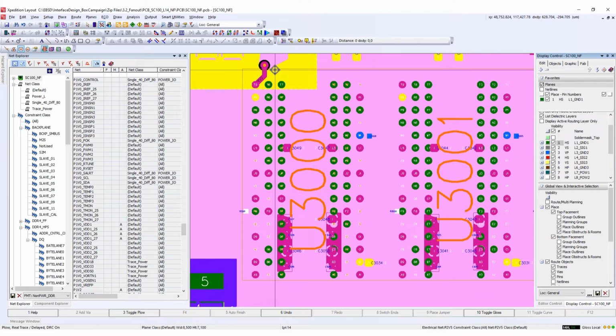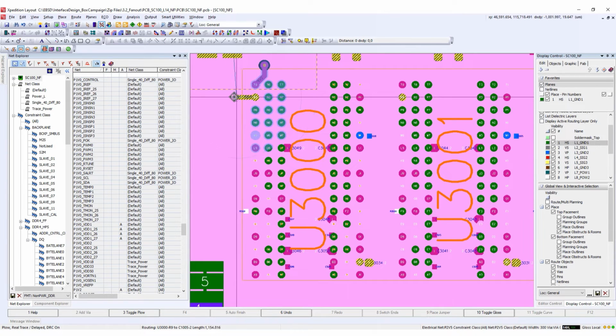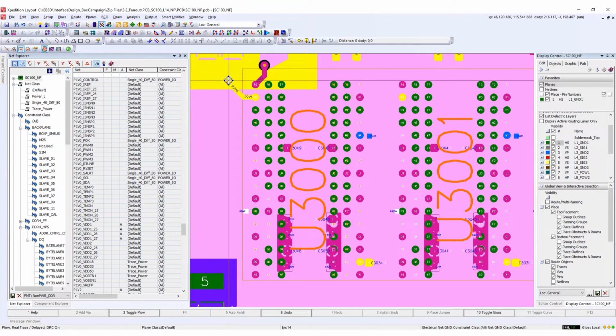This is due to the dynamic definition of the planes. A plane will automatically connect to a route object such as a VIA with the same net, as in this case, the P2V5. I fan it out and place a VIA. This VIA automatically gets connected to the plane with the same net. And similarly, as we saw, the dynamic plane will automatically provide a clearance from route objects with a different net assignment. In this case, the P1V2 net provided a clearance from the P2V5 plane.